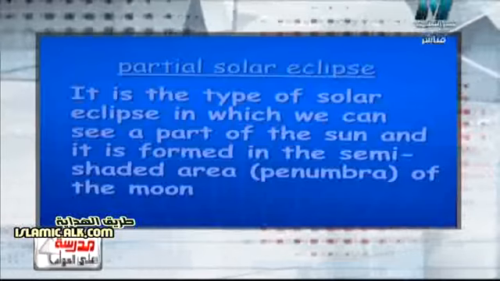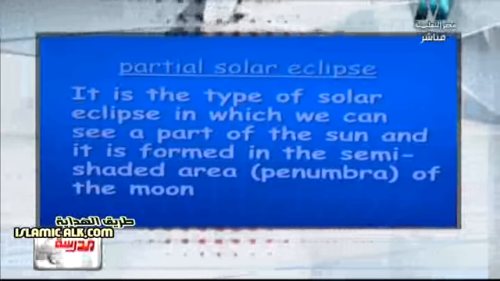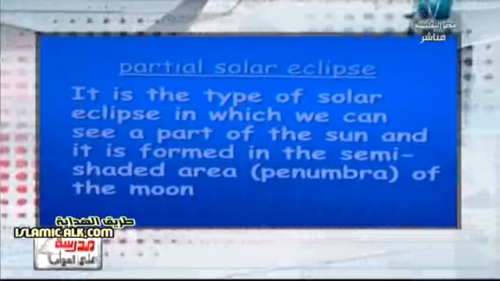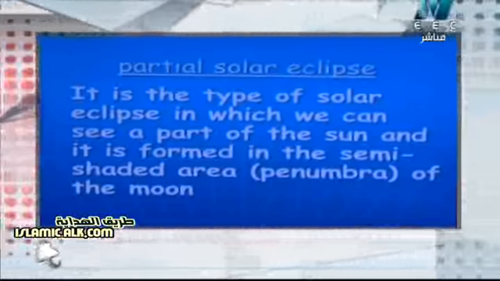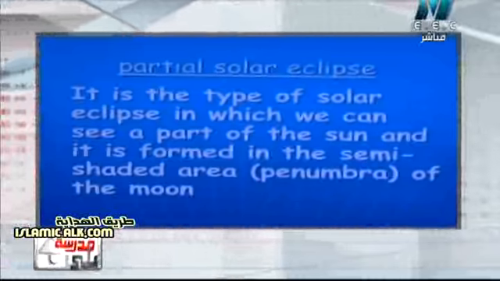Another picture of the total solar eclipse. Here I cannot see anything of the sun. Okay, so what about the second type, which is called the partial solar eclipse? What is partial? We can say it's a type of solar eclipse in which we can see a part of the sun,